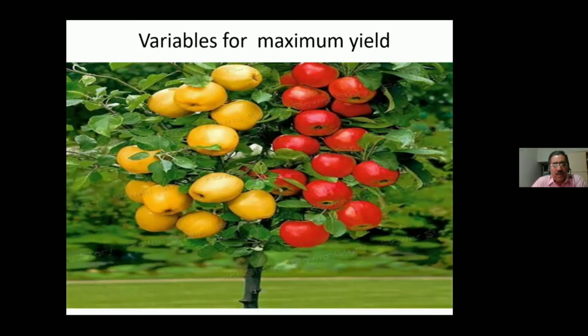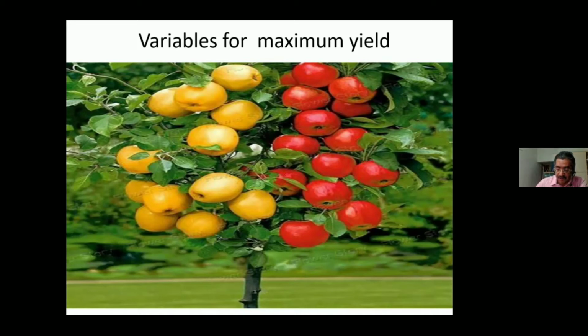What goes into giving food to the fruit? What gives food to the fruit? I want to brush up your biology. We know sunlight is very important. Sunlight is very, very important to make the plants grow and give you a good yield. So sunlight is one factor, because sunlight goes into making of the chlorophyll, which is the food for the plant. Next one, in the season, there are two more things: temperature and humidity. That also governs the yield.